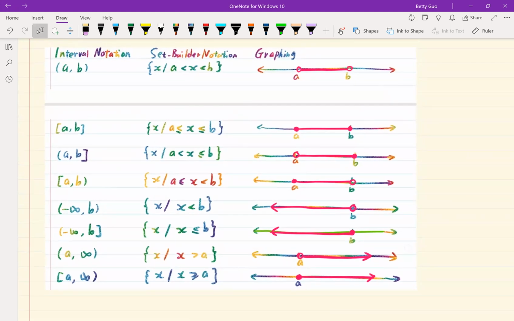You see, I used to use the circle and the solid dot, but in our test, we have parentheses and a bracket in a graph. So I changed my notation. So this means